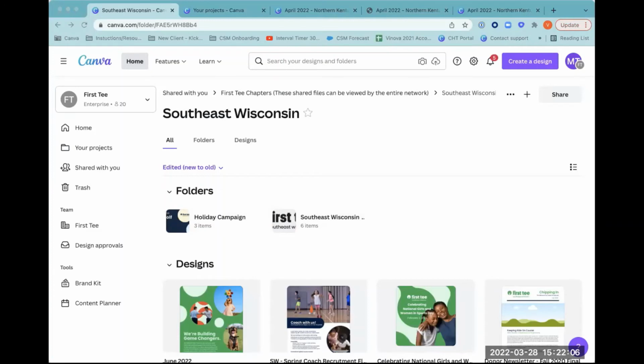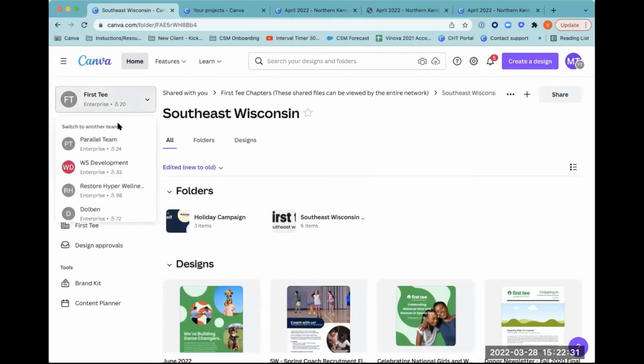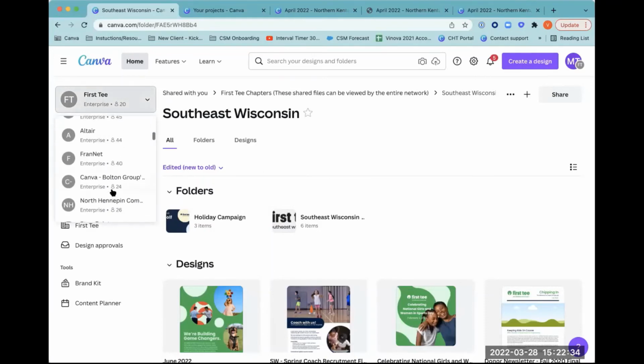Now, those folders that are being made live in this team space. You may at that time also realize that you have other collateral that's in Canva and not yet in this team space. If that is the case, I will show you in just a second how to migrate that content in. Once you bring that content into the First T team environment, you'll want to, once again, move it into the appropriate folders. So let's say that I've built a design way back when, and it lives, let's see,